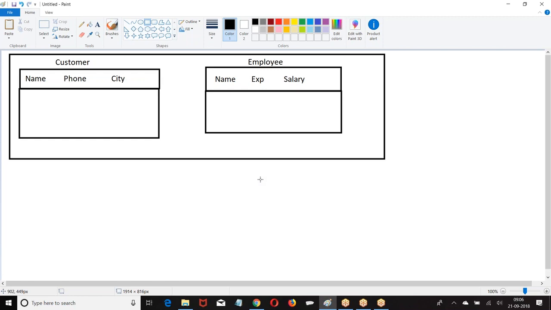Right. Now, with what name should this table be displayed to every user? With what name should the table be visible to every user? That is called the object label.